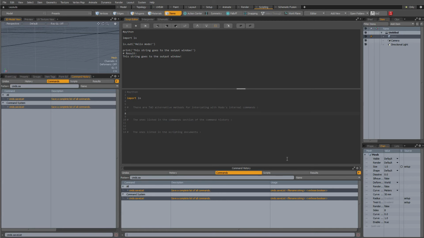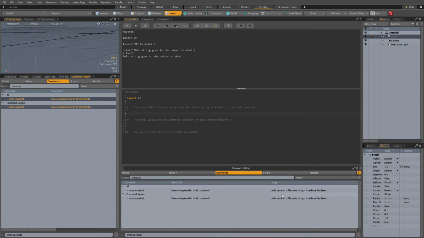And that actually means that you can, and if I deselect it, it will become more readable. When I write commands in a script, I can include filename colon and verbose colon. That's the first method, and I will show you later. And the other method is without the filename colon and without the verbose colon. So what does that mean? Well, let me first show you